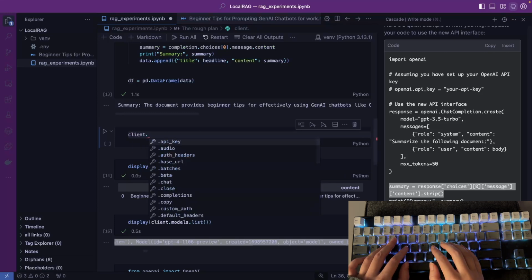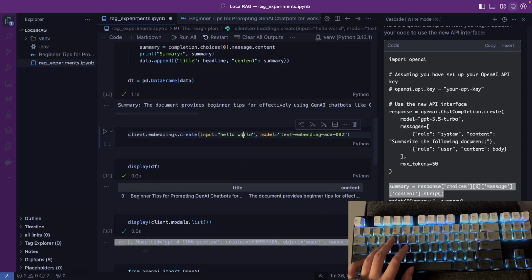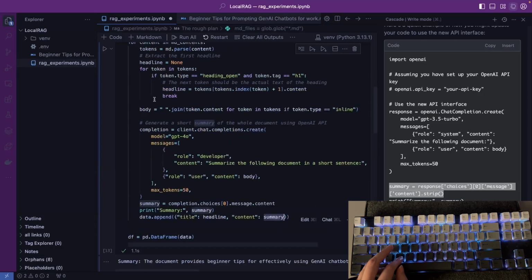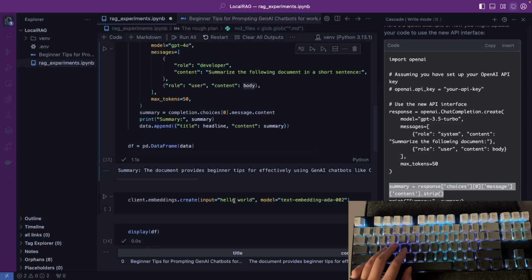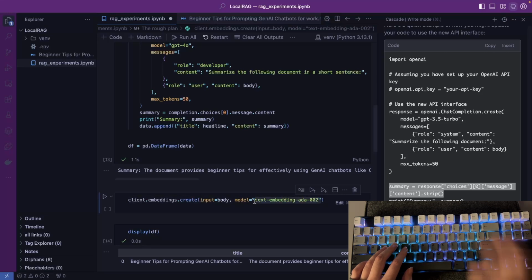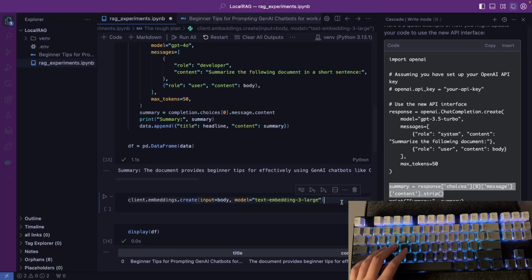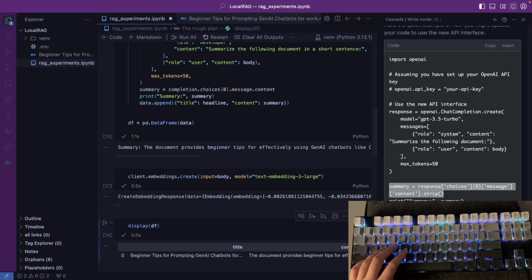Let's write this myself. Input will be the latest, or just the body, I suppose. And the model will be like we just decided. Text embedding. And then what is the encoding format? Defaults to float. It can be either float or base64. Okay, apparently you don't need that, so